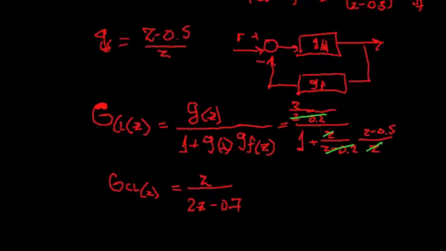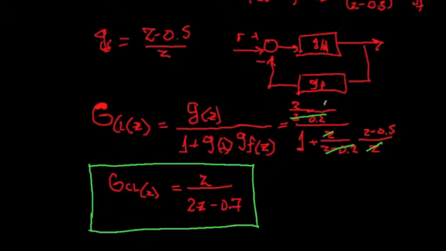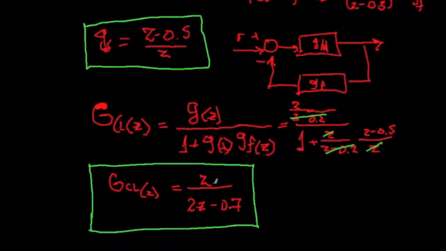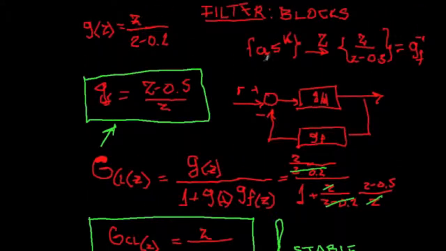So finally, we need to ensure that when we build this filter here, as it is given in this expression, the closed loop system is still stable, that we do not destabilize it. And is it stable? We will see that Z over 2Z minus 0.7 is stable as well. Okay, so therefore this is the way to construct the filter that is going to block any such signal, and in this case the signal is going to be 0.5 to the K